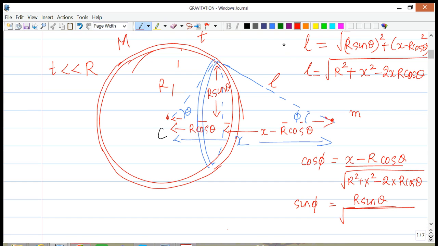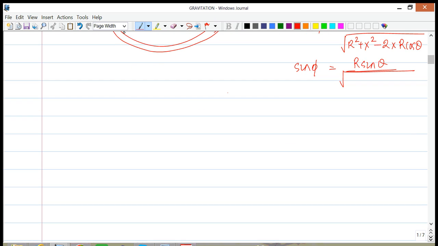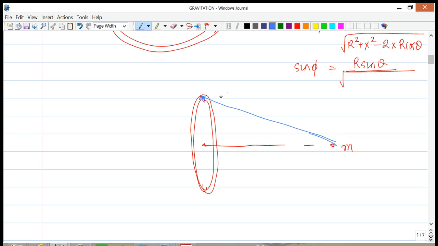Now let's look at this problem a little more carefully. If you look at this ring, and we have now this particle of mass m. If we look at the top part of the ring, take some element of tiny mass, then the force due to that part is going to be pointing towards the ring. In a similar manner, the force due to the bottom part will be pointing again towards the bottom part of the ring. And if we were to look at this, all the forces due to all the parts of the ring